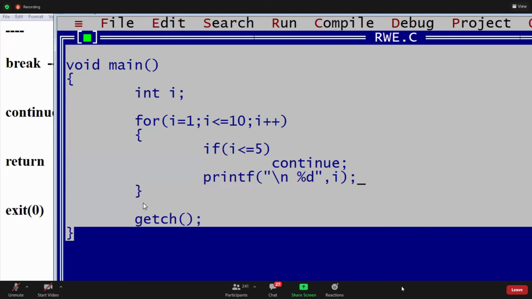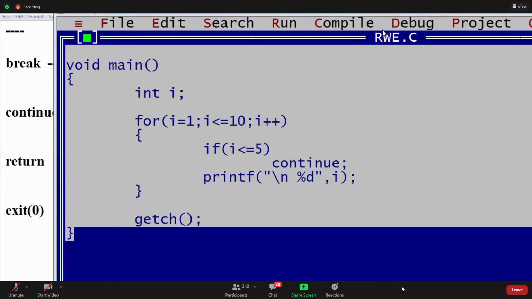Guys, write this and tell me the output for this. Guys, tell me the answer for this.